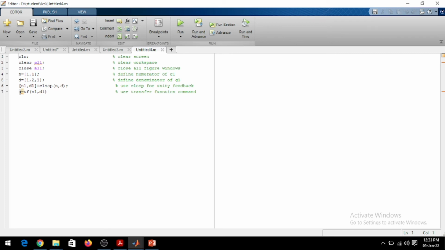And then take the transformation of the system, and we will get the output for the unity feedback system. In the cloop you can write -1 also, for negative feedback.